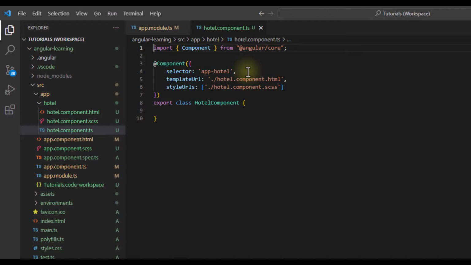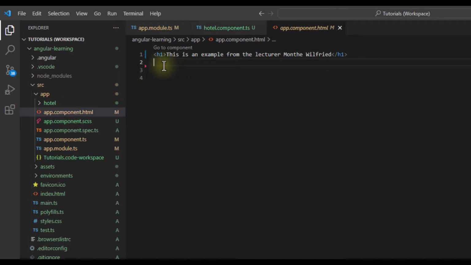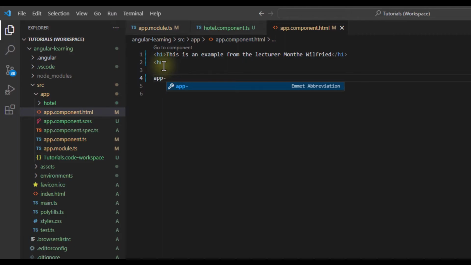The next thing we're going to do to use this component is simply go inside this app template, which is our app component here, and output it. So here, for example, let's write a horizontal line and simply write the selector. What was this selector? It was app-hotel. Just like that. When Angular sees this selector, it will replace it with the